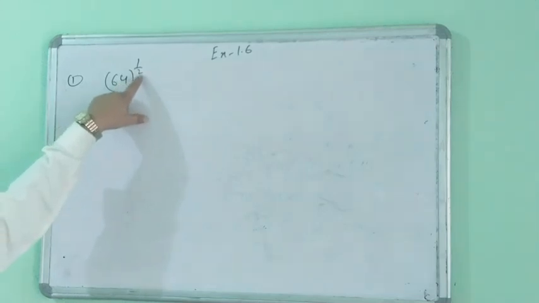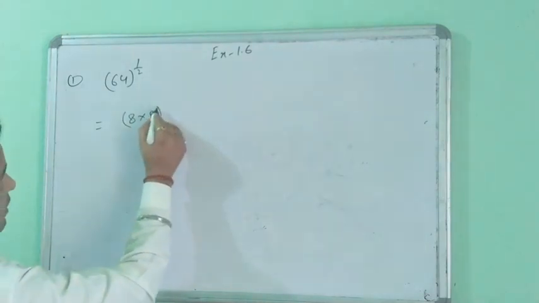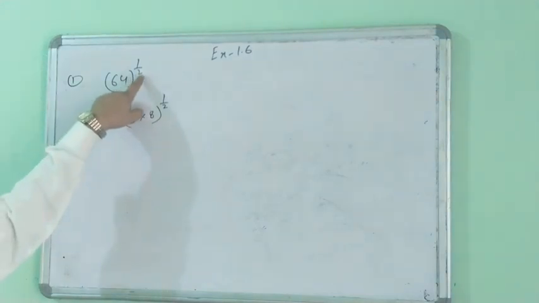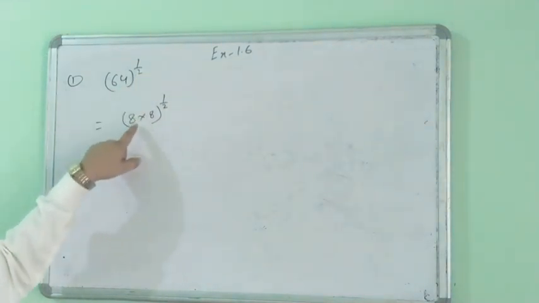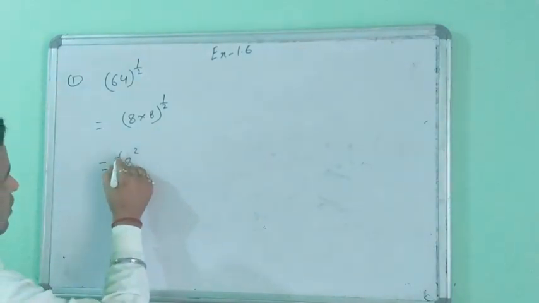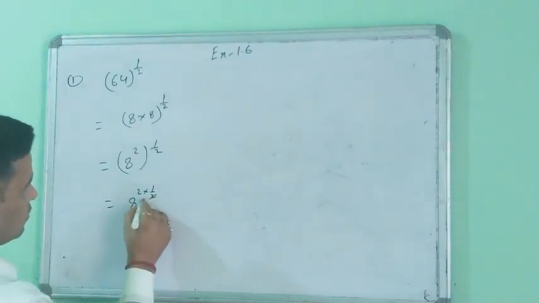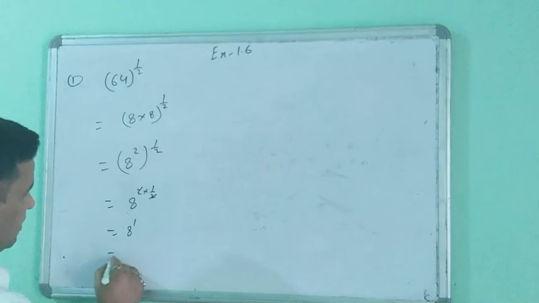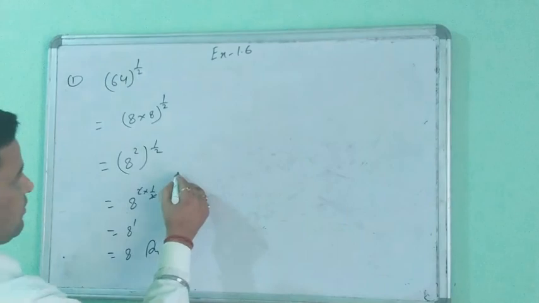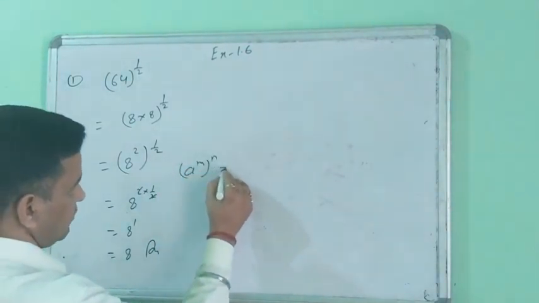Here 64 is exponent 1 by 2. So then you can write it as 8 into 8, exponent 1 by 2. Because your power exponent is 2, you convert the power into 2, and then you can write 8 exponent 2, whole exponent 1 by 2. How to write 8 exponent 2 multiplied by 1 by 2? The 2 will cancel here. This is 8 exponent 1, means 8. What identity are you using here? a exponent m, whole exponent n, identity number 5th. What result comes? a exponent